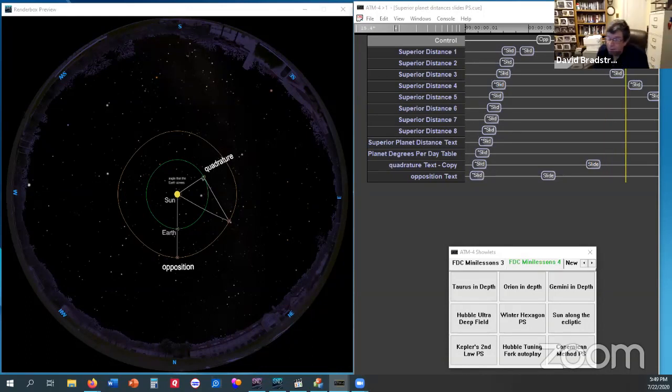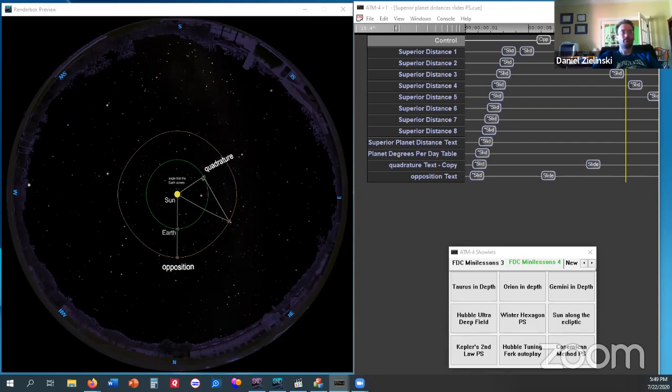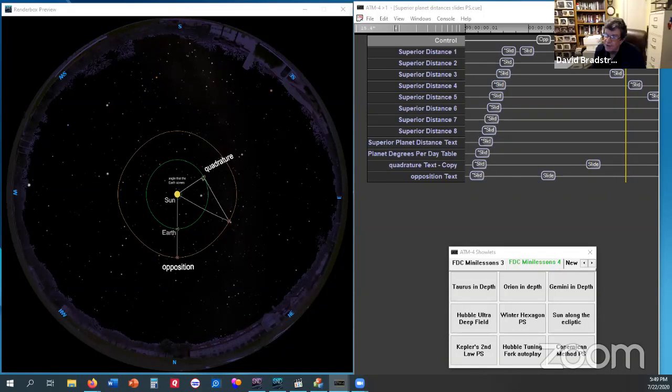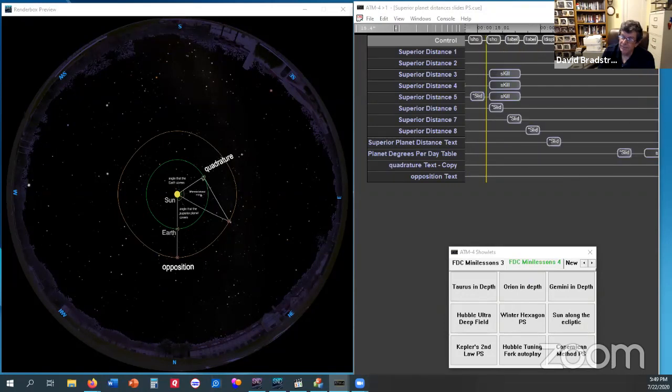Now you can't read that, but what that's trying to show is the angle that the planet made from opposition to where it is, this angle right in here. The angle that the Earth went from here to here is this angle. What I would like to have is the little angle in here, which is the difference of those two. This angle. Why do I want that? Because if I know that this is 90 and I know this angle, I've got all the angles. And then I can solve this triangle,